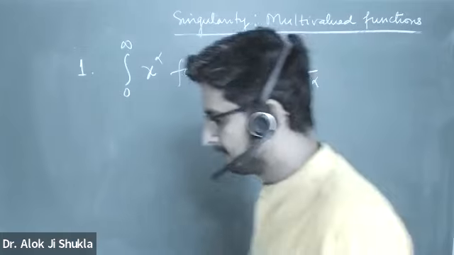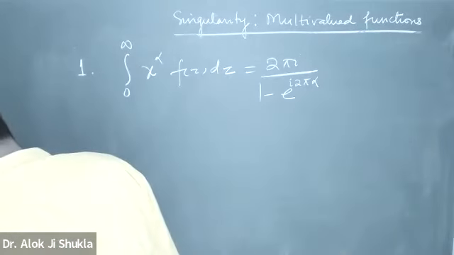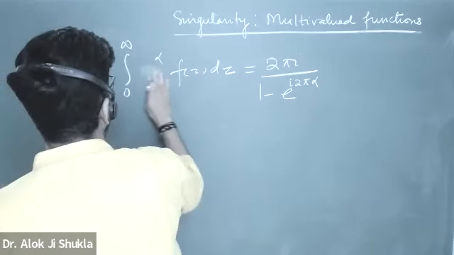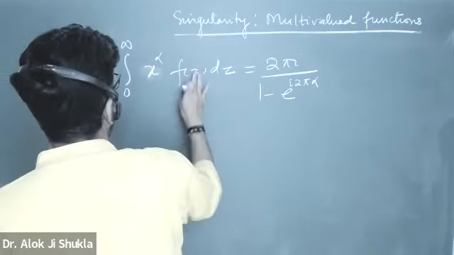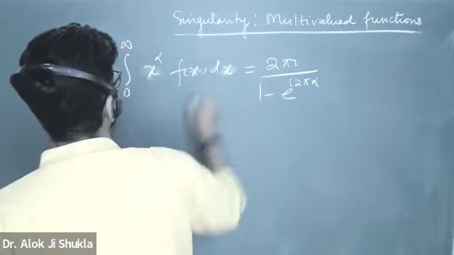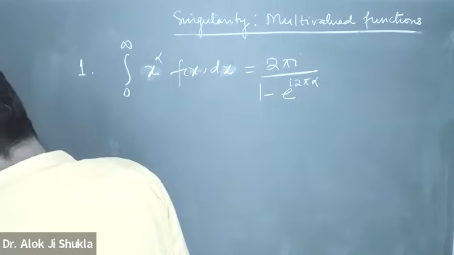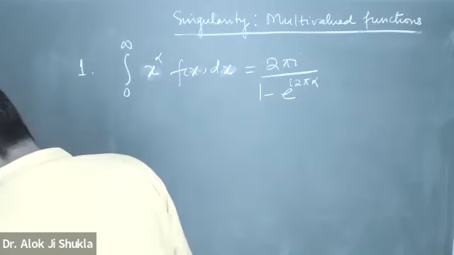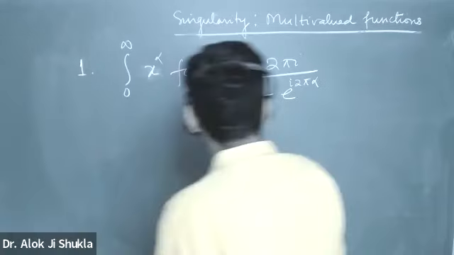Okay? Sir, that is z to the power alpha. Z to the power alpha f(z). Here it is x to the power alpha f(x) dx. Real integral. Yes, sir. Okay? So 2 pi i upon 1 minus e to the power i 2 pi alpha, and sum